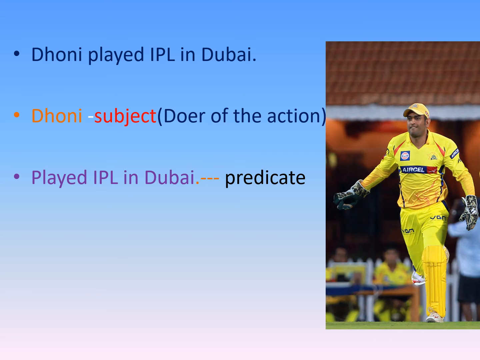Students, how many parts will be there in the sentence? Two. What are the two parts? Subject and predicate. Observe the predicate. The first word of the predicate, what is there? Played. Played is the first word of the predicate. What parts of speech does it belong to? Yes, you're right. It is a verb. That means predicate always starts with a verb or an action word.